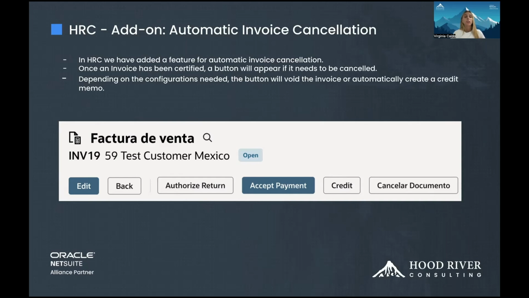So what this feature allows is for us to cancel a document, an invoice, a credit memo, or a customer payment in NetSuite, and it sends the information to the SAT for it to be canceled in their system as well. So depending on the configurations, we can have the invoice voided, or we can create a credit memo automatically as well.